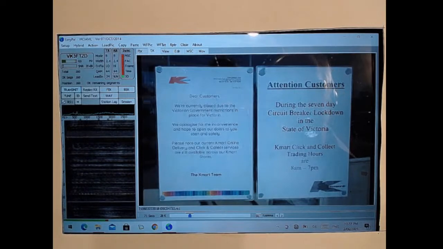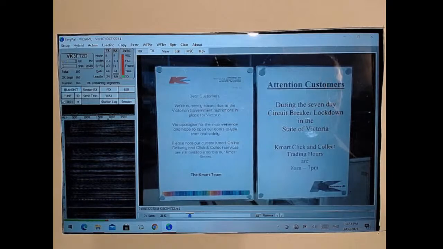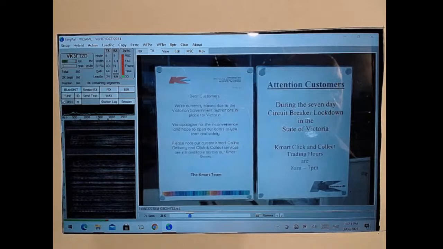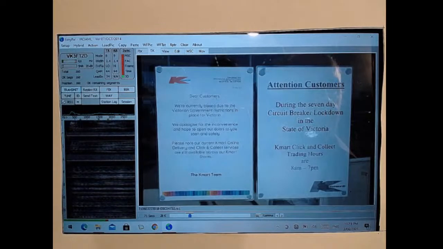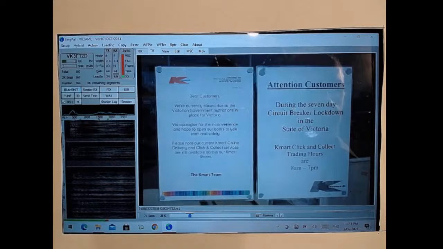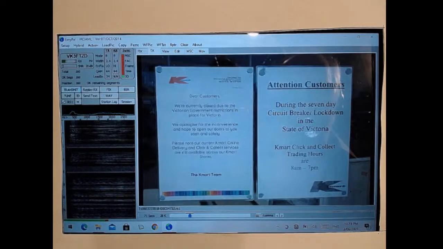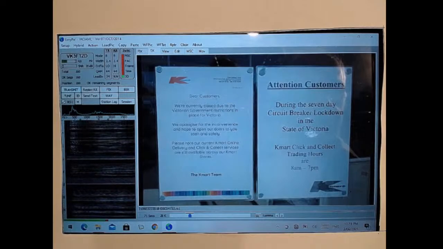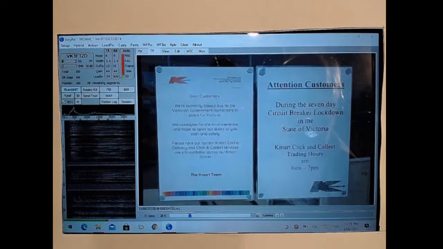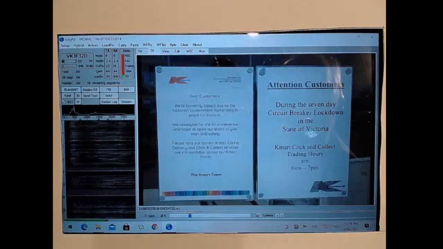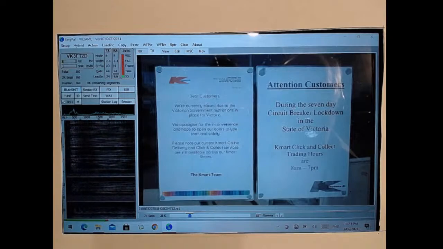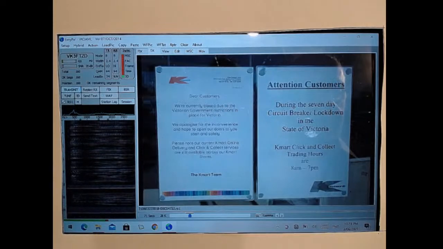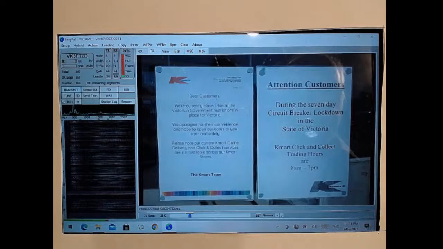VK3CJN, Chris, how did you go decoding that one? I saw it start and I thought, 21 dB, that's going to be really, really good. And then the repeater ident came in and dropped it down to 13. And then it went back up to 21 and 21 and 21 and then up to 22. But I'm still missing 22 segments, so even though it was a 22 dB file, I didn't get a decode on it, unfortunately. But I can get that off Facebook later.